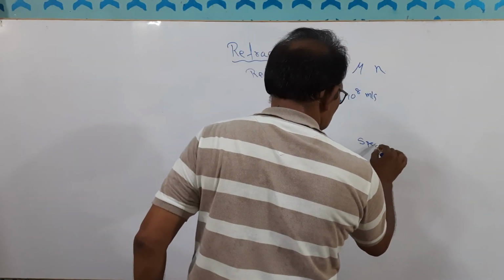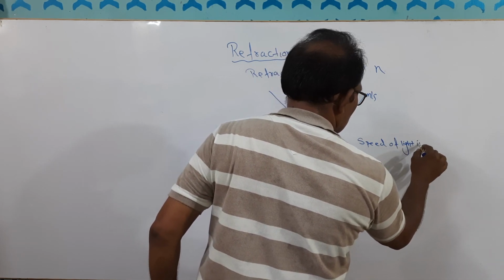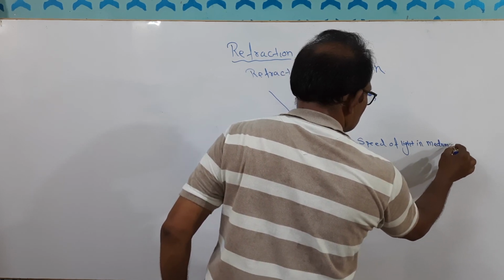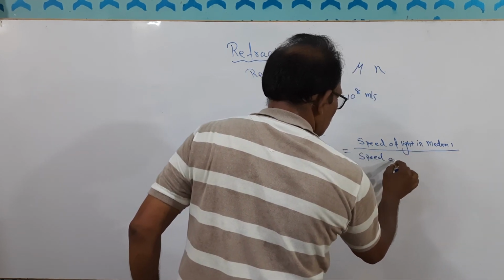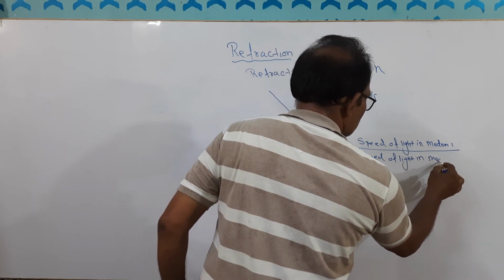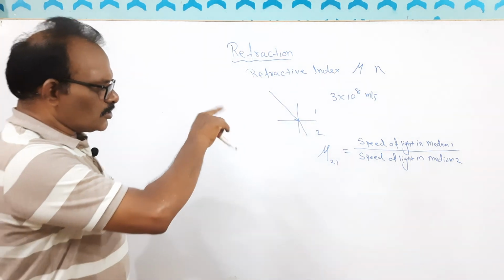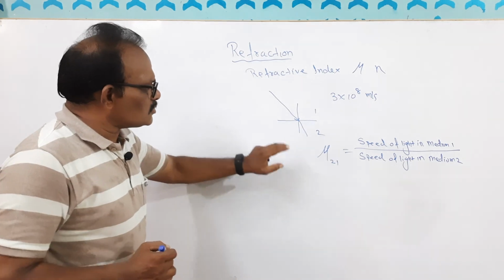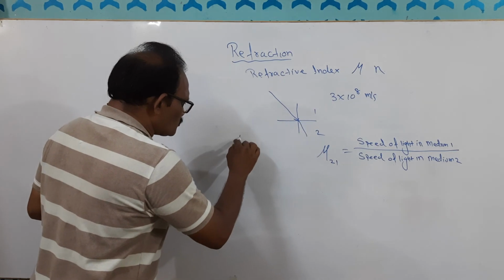speed of light in medium 1 divided by speed of light in medium 2. So this ratio is called refractive index. Suppose we know that the speed of light in air is 3 into 10 to the power 8. Now here one more thing, always mu is